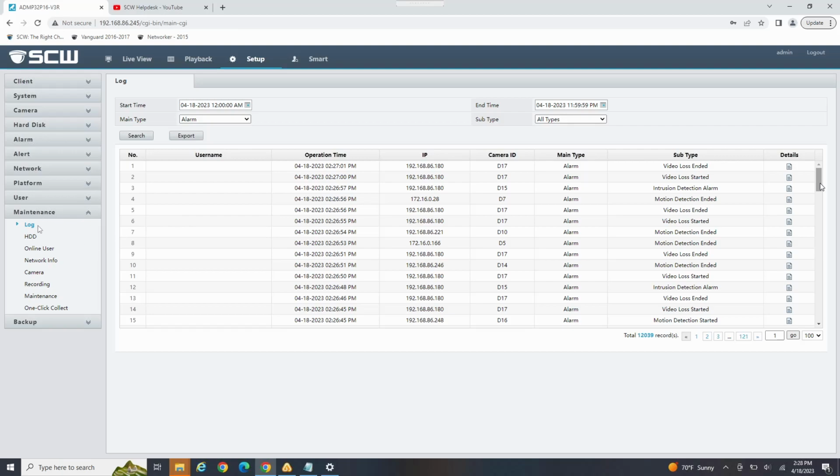Under our NVR maintenance menu, the first option we're going to land on here is called Log. On the right side, this is going to be a diagnostic tool that lists any of the system features and triggers that have happened in real time. So we can search,